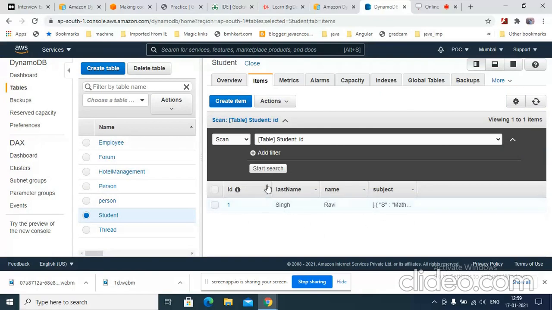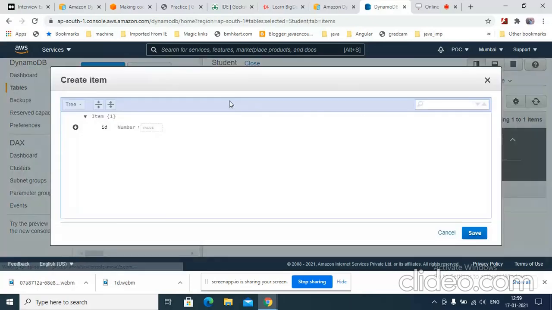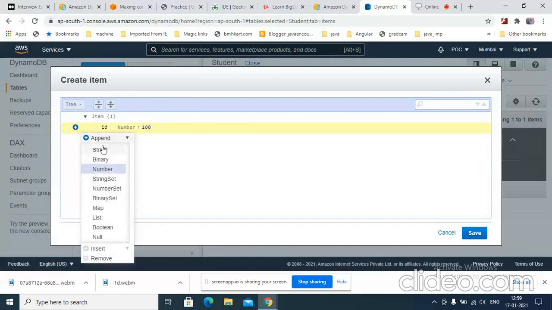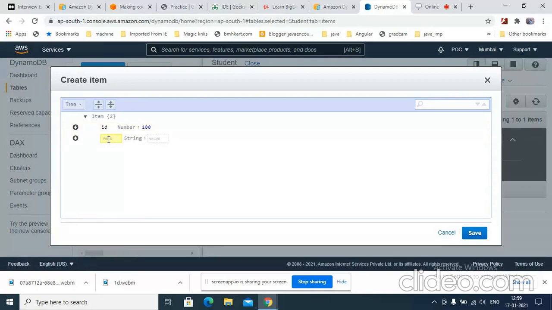Now let me add one more record which is completely different from this. Only the ID will be common, otherwise the rest of the attributes will be different. So I'm giving it 100. Let me add one name, which is address, right?